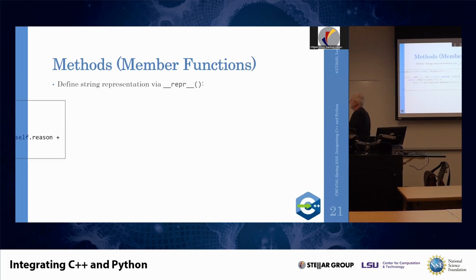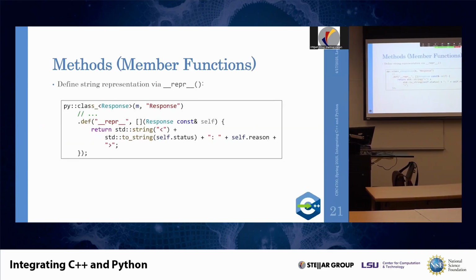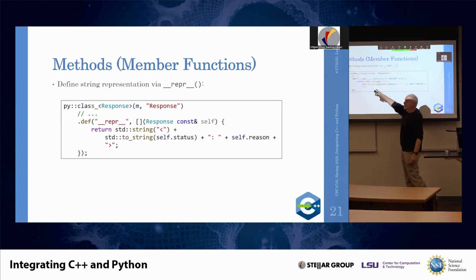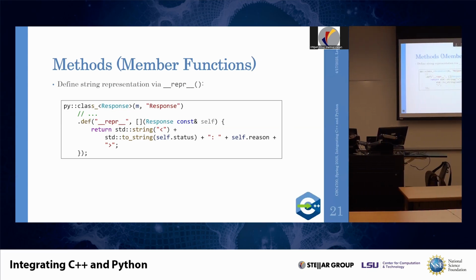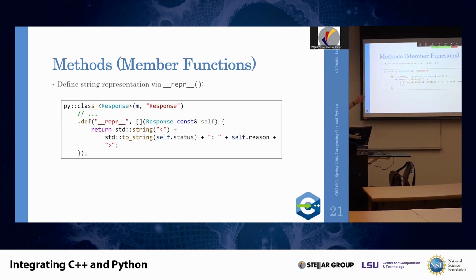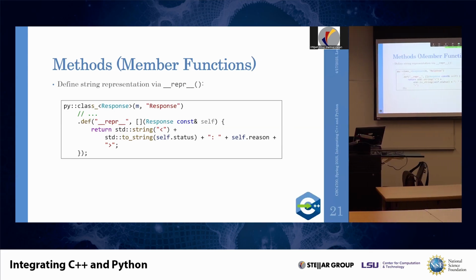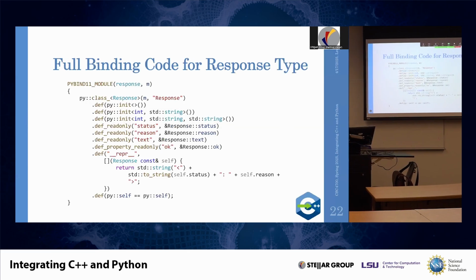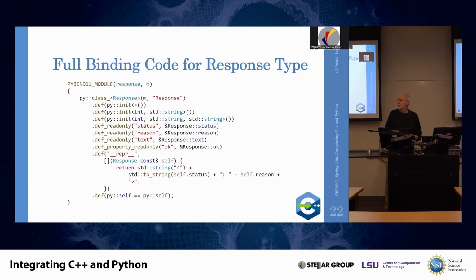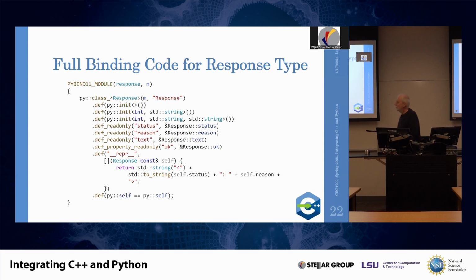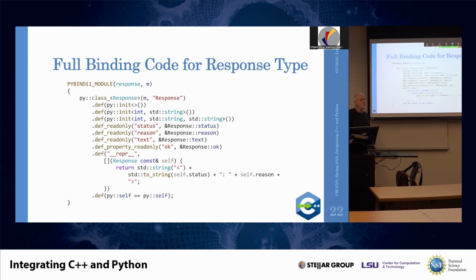Last function is that wrapper function. As before, I'm just binding it using the special function name on the Python side, and on the C++ side, I'm just generating a string that represents that current instance, and that's it. Okay, so this is the whole binding. That's everything. Everything I went through over the last 5 or 10 slides is combined here, and this is a